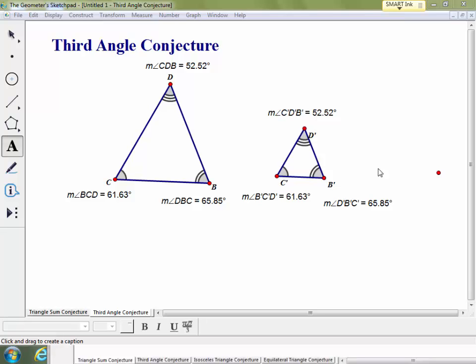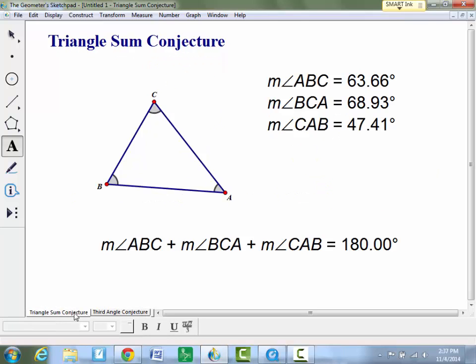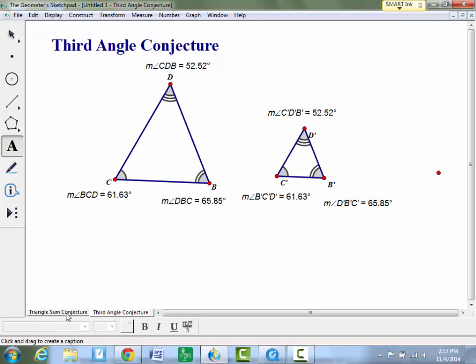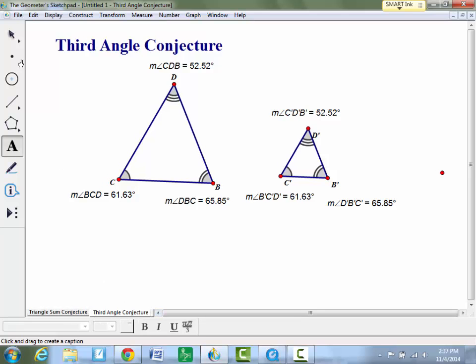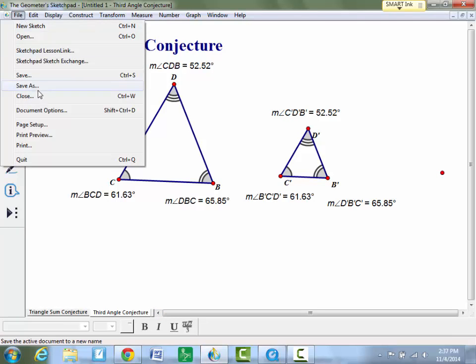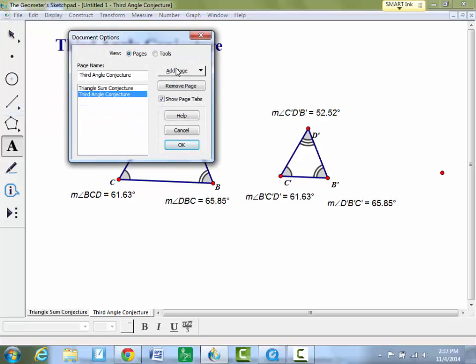Okay, I'm going to show you two more conjectures from today's lesson, and that was the isosceles triangle conjecture and the equilateral triangle conjecture. And what I would recommend is, this is where we left off from the last episode here, and I would recommend keeping all of your conjectures in one file and just creating tabs here at the bottom. How you do that, if you go to File, Document Options, what you can do is you can add